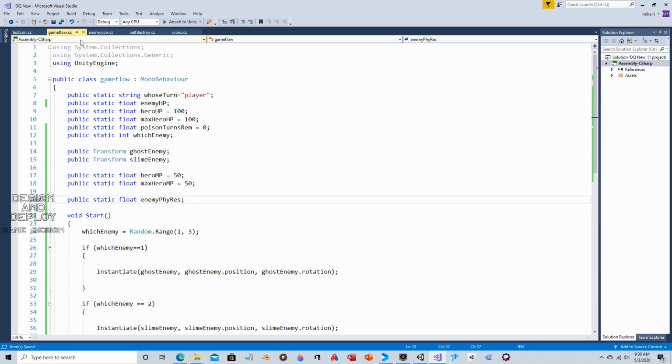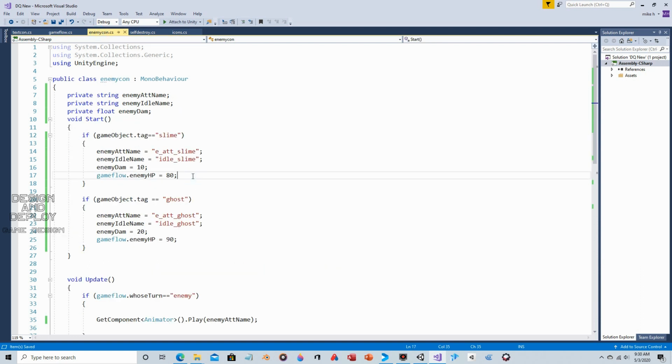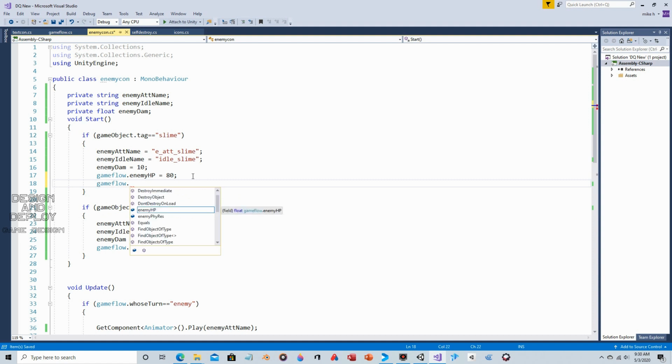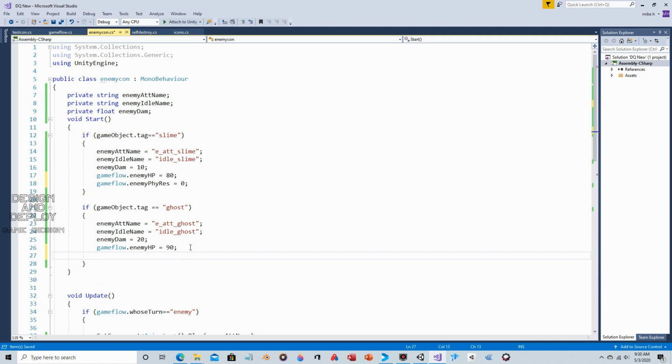So we go back to enemy, and it's game flow dot enemy physical resistance, and for the slime, it'll be 0. We'll say it has no physical resistance. Game flow dot enemy physical resistance is equal to 5. Now these had to be static, that way it's accessible to the script where we actually do the enemy damage